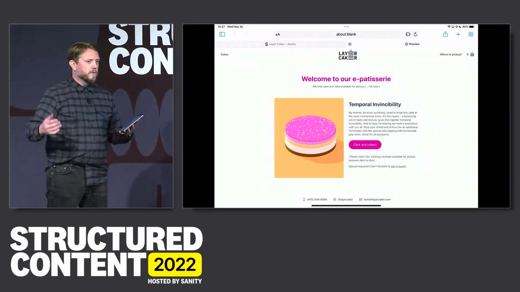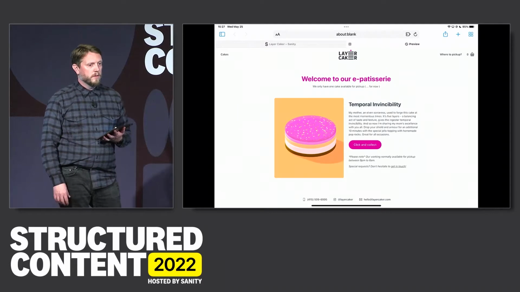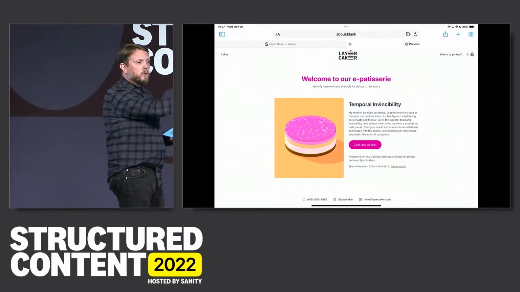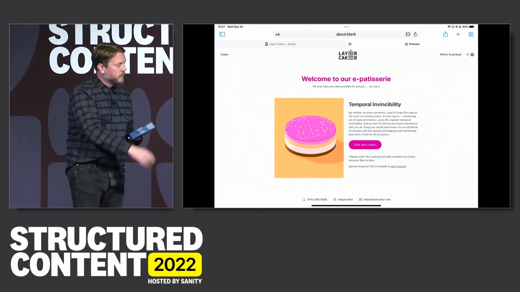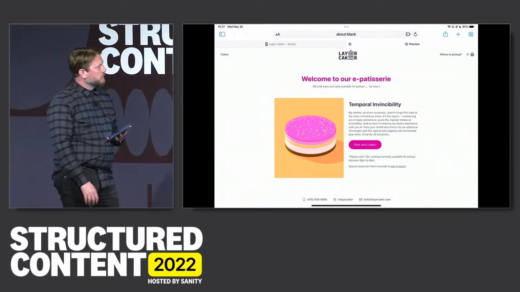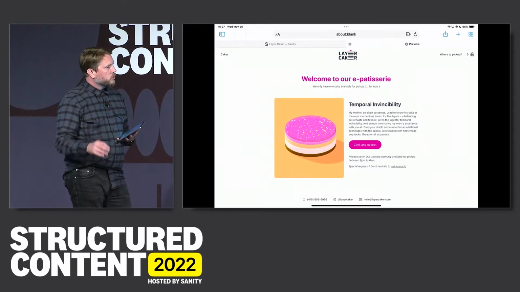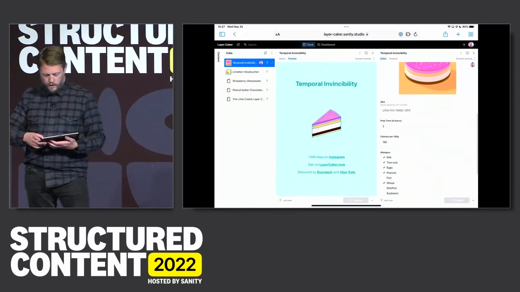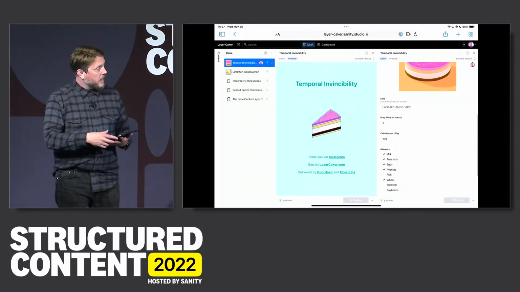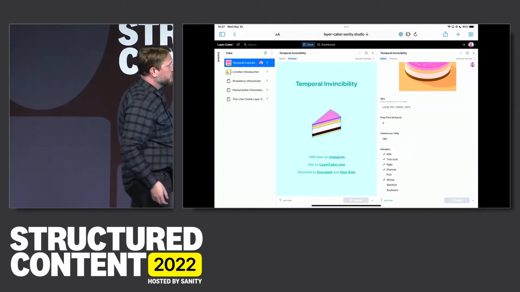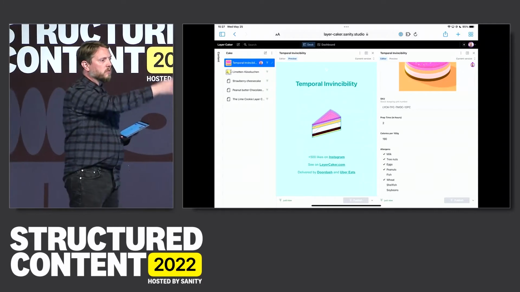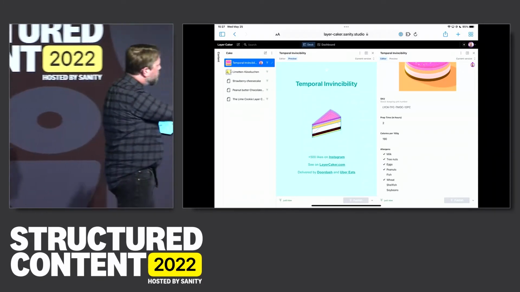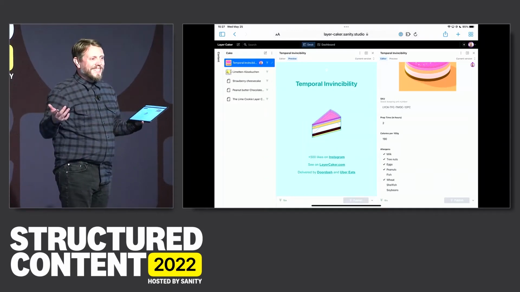Well, delivery services are pretty popular. You have DoorDash, Uber Eats. Maybe we could add that to this. And what does that take? Well, with a bit more structured content, at least we get some part of the way there. So you'll notice now on the right, I've added more fields to this concept of a cake. It's not just the description and the picture. We've now added a stock keeping unit number, or like a product ID.